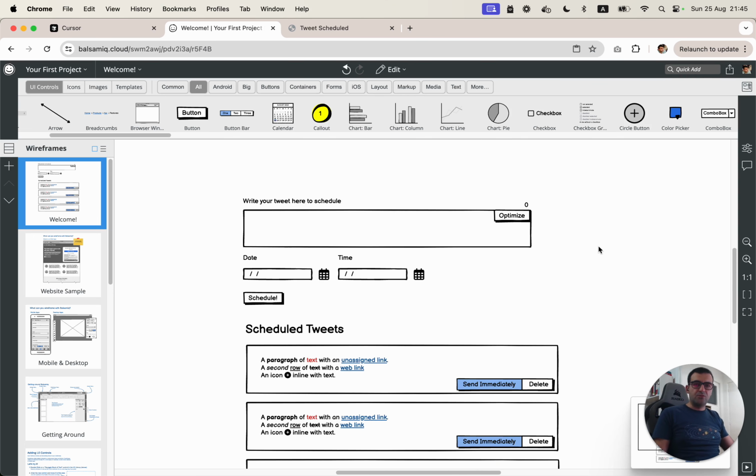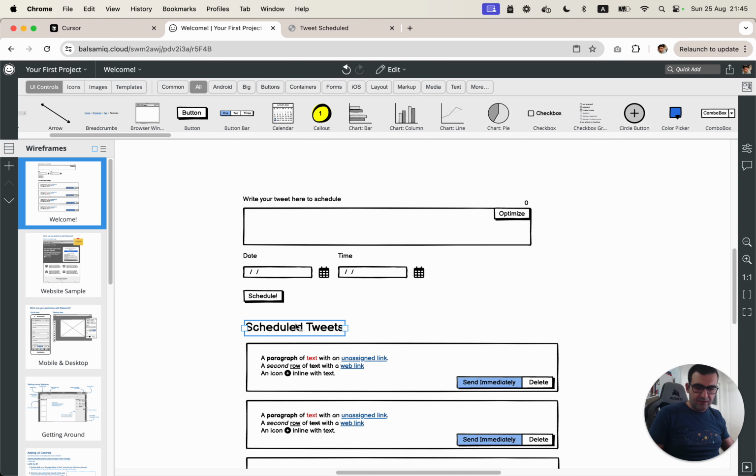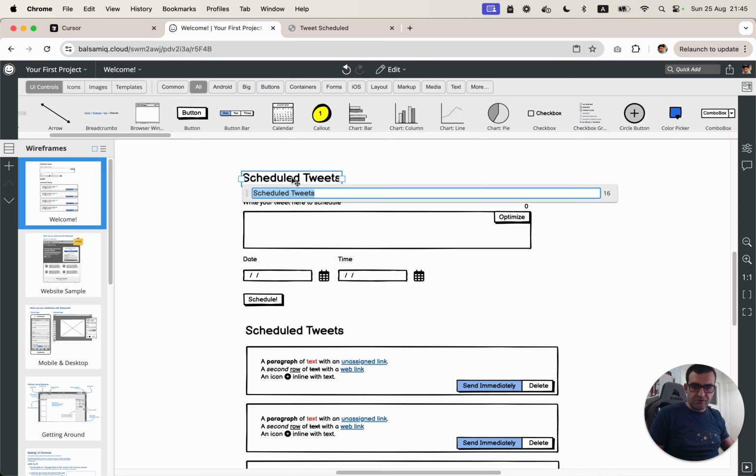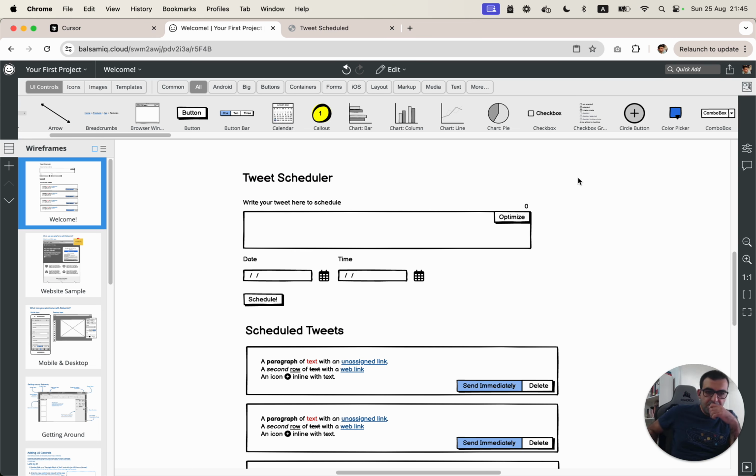We can get started with. So we have our tweet scheduler. Okay, great. So let's actually build this with